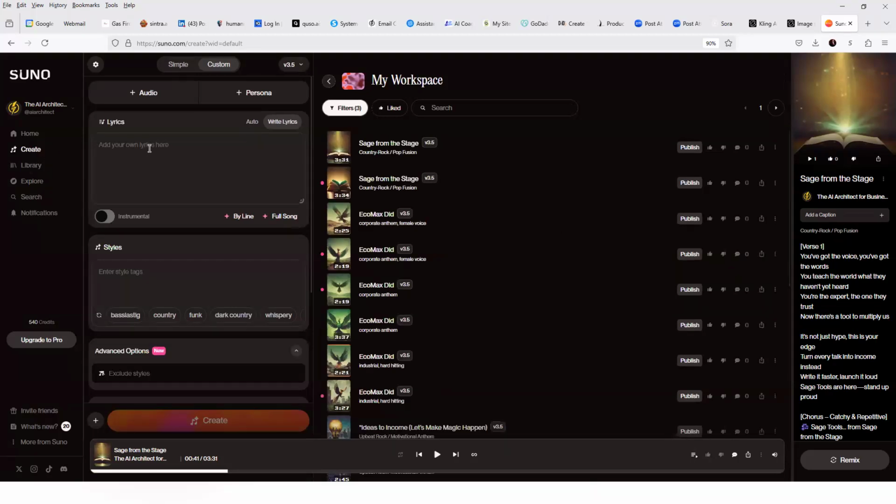And here you can put in your own lyrics. One of the things that I like to do is actually have ChatGPT generate some lyrics for me and then paste them into this and create a song. But we're going to just describe the lyrics that we want.